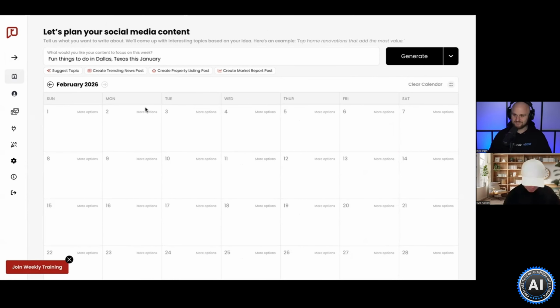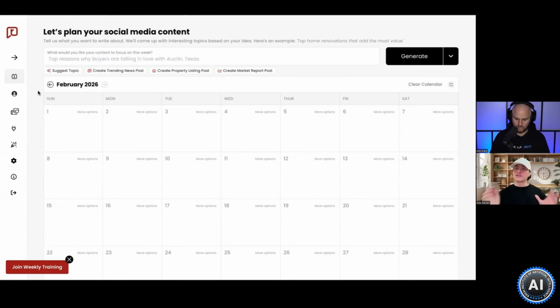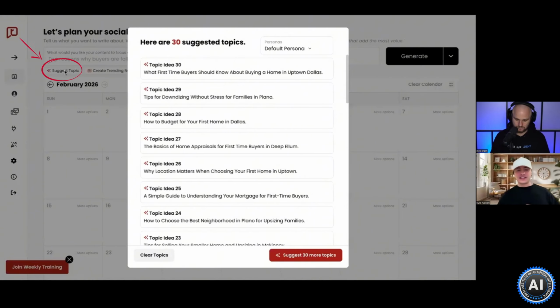Now, step one, what do we need to do? I mentioned that you don't have to have any ChatGPT or coding experience or anything like that. So what do we need to do? Well, step one, AI is going to tell you what to talk about. So I'm going to click this button right here that says suggest topic. And that means that AI is going to research social media, and then it's going to tell me what I